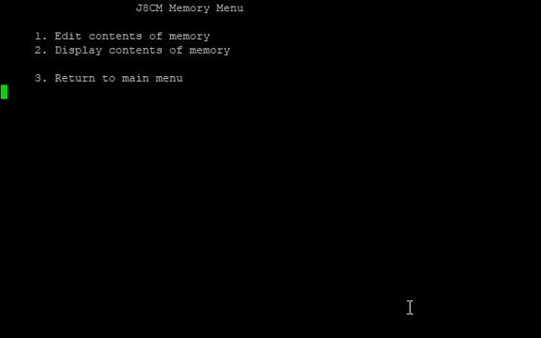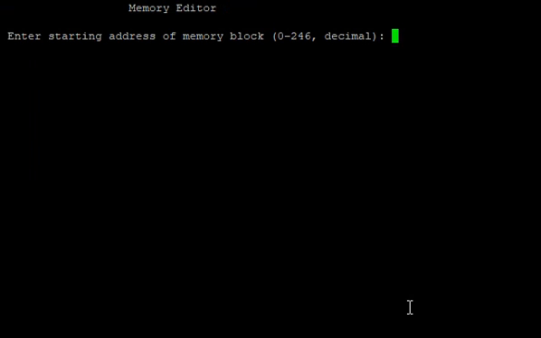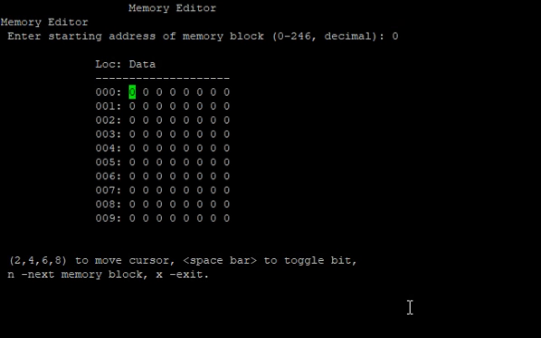If I go to the edit memory, then I can start. I select the starting location for displaying the next 10 rows of memory that can be edited. Now here I use the number keys again, the 2 to go down and 6 to go to the right, 4 to the left, 8 is up. And if I go down to memory location 8, again I use the space bar and I can toggle these bits. And then if I want to page to the next memory location, I hit N,